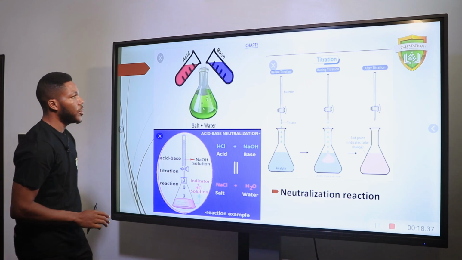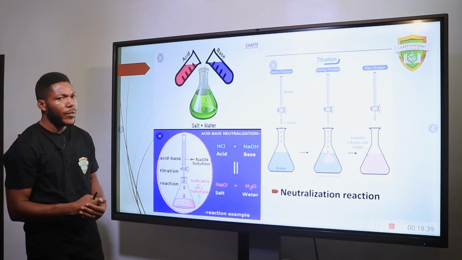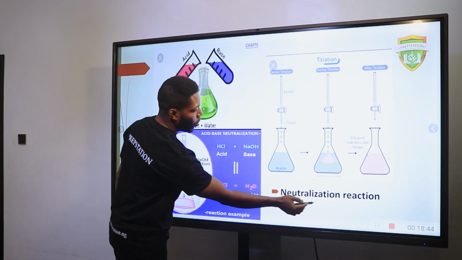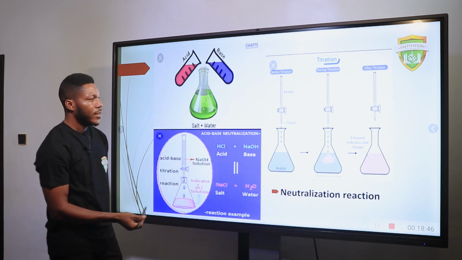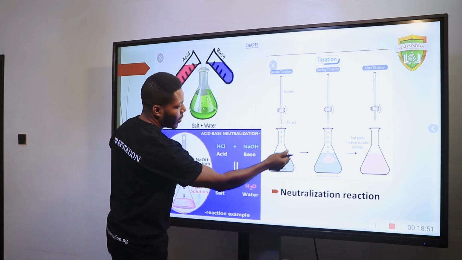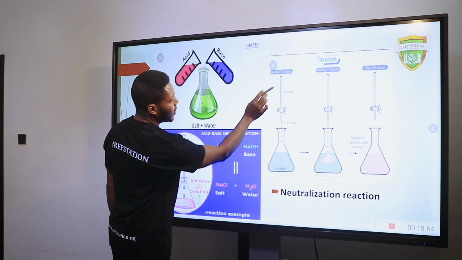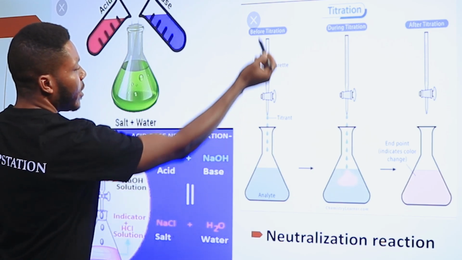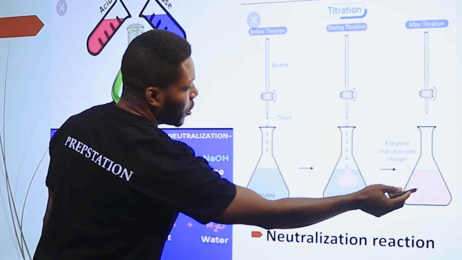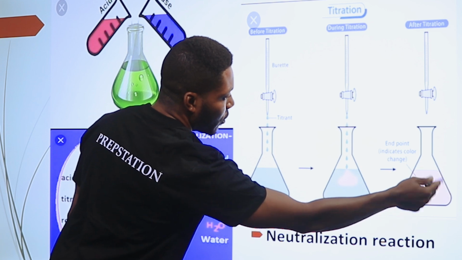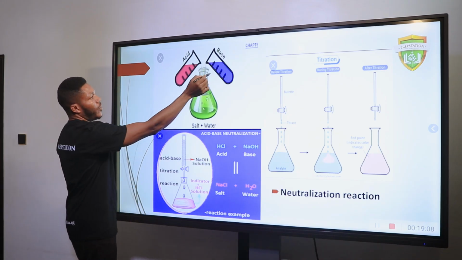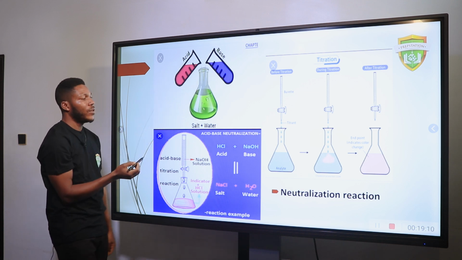So this picture shows how salts are being produced. All of these illustrate what we call a neutralization reaction. Now this is your burette, and this is your analyte. This is your base. The acid is in the burette, and you titrate with your indicator. At the end of the titration, you have a color change, meaning that this is where the salt is formed, by reacting a base with an acid to give us